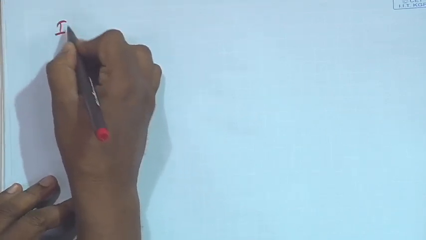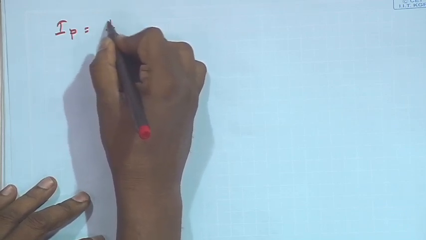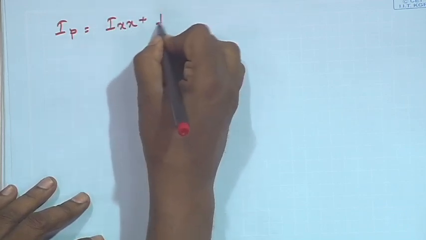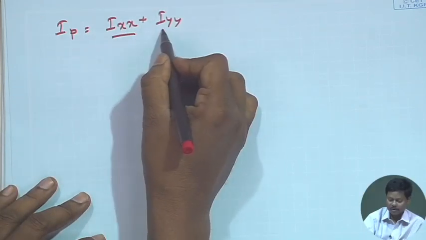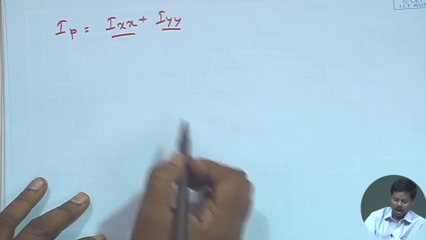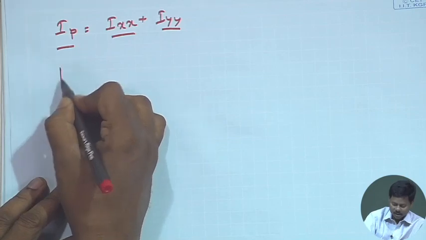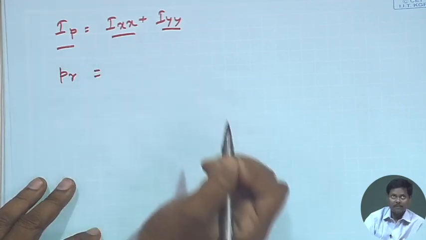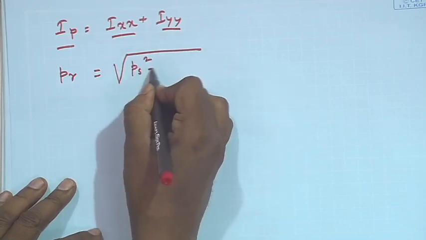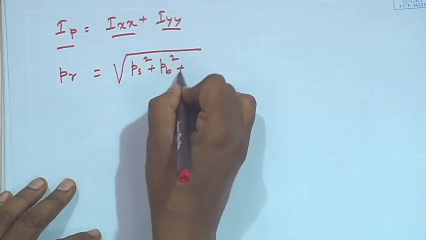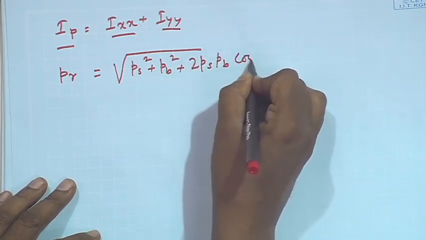So, here IP is basically the polar moment of inertia of the weld, and this can be calculated as IXX plus IYY. That means moment of inertia about the x-axis and moment of inertia about the y-axis. So IP, the polar moment of inertia, can be calculated. Then the resultant stress PR can be calculated as PS square plus PB square plus 2 PS PB into cos theta,